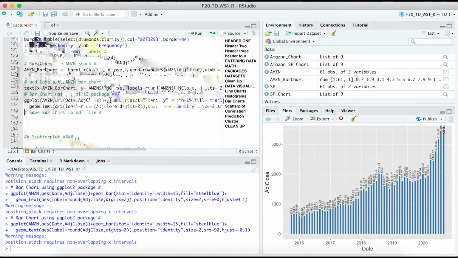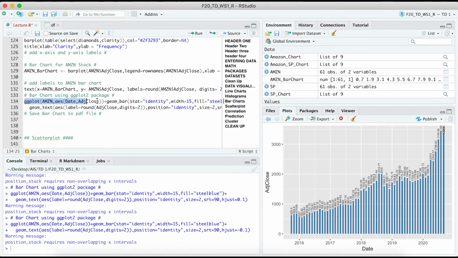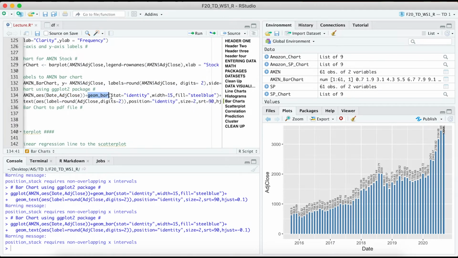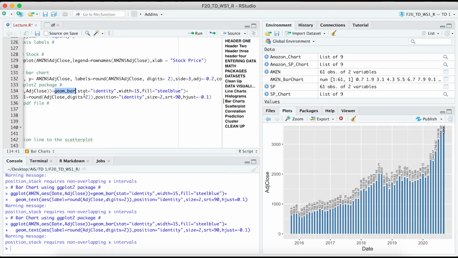So what happened is we used the basic function, we specified which dataset we want to use. X-axis will have date, Y-axis will have adjusted close. We specified which type of chart we want to use. It will not run without saying that count how many times it had adjusted close. We specified that we want to have a width of the bins to be 15, and then we colored it